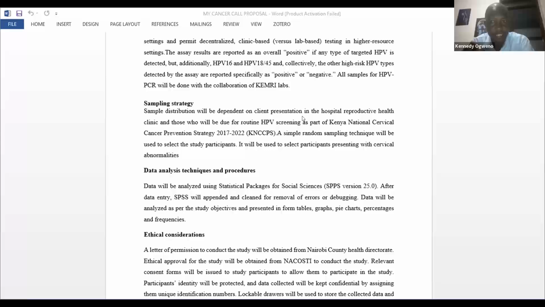Okay? Convenience is you want to do any study within town. Anybody that comes, that is convenient to you. That's a convenient sampling method. That's how you're going to select this N that you got. Then snowballing. You know how we conduct snowballing? You get participant A. You tell participant A, now, do you know any other person who looks like you? Participant A will bring you participant B. Participant B will bring you participant C. That's what we call snowballing sampling technique.